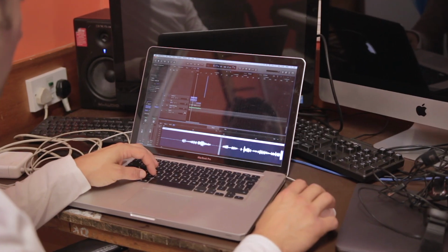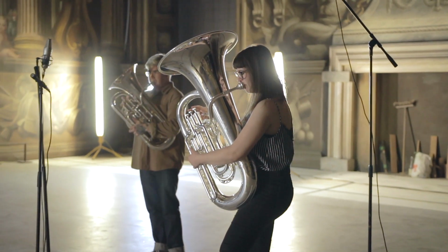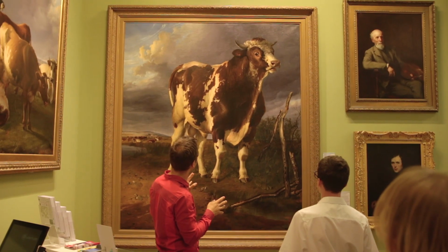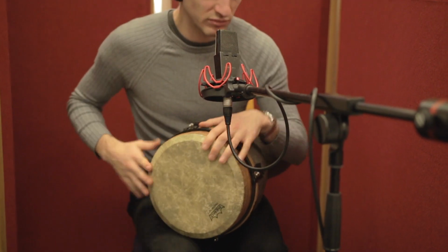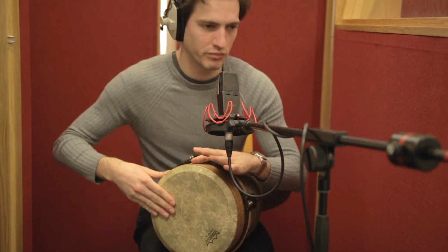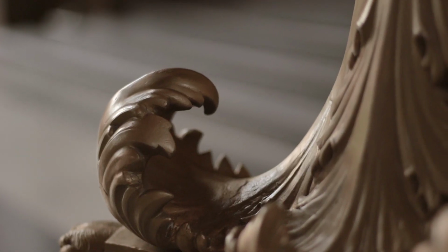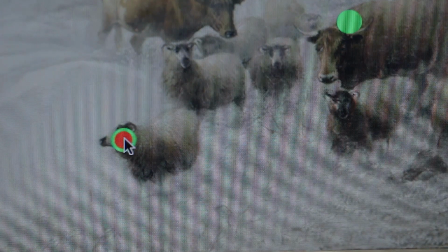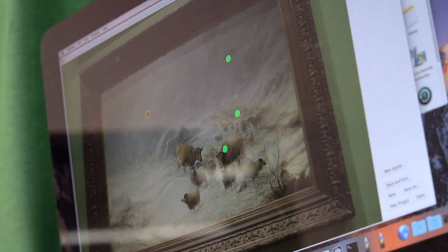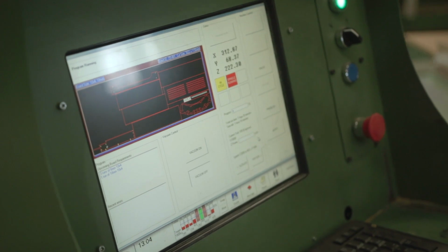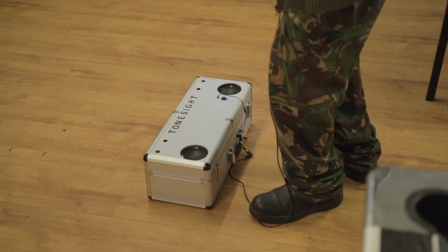The theory is a simple one. A musician or a group of musicians analyse a work of art and they produce a series of short musical loops or ideas in response to that, and it's specific to individual elements of that painting or sculpture. We then use our software to assign these musical loops to the corresponding areas of the artwork using a digital model. All this information can be loaded onto a device in the gallery, and that device, the Tonesight machine,